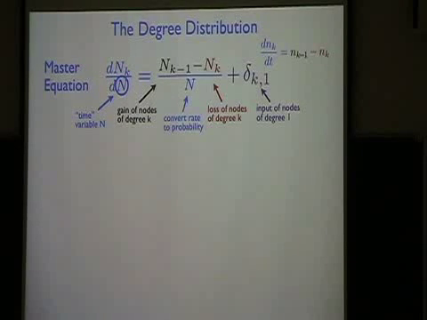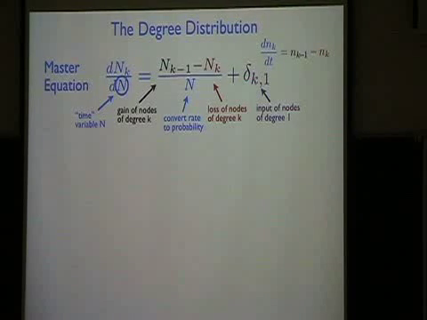And finally, the denominator factor n is there because I was dealing with this extensive quantity, the total number of nodes, and I divide by n to get the fraction of nodes of a given degree. And so that's the master equation for the random recursive tree. And again, just look at how similar it is to that of the Erdős-Rényi random graph.